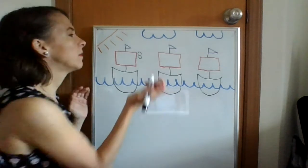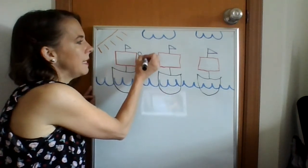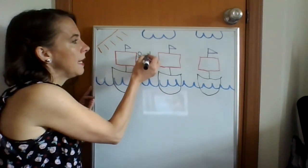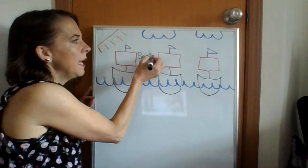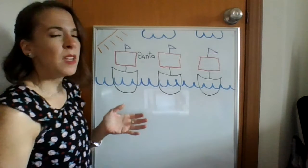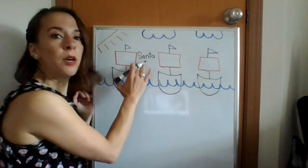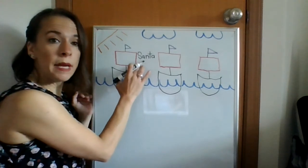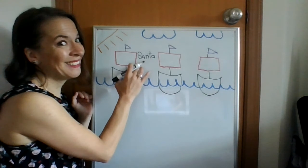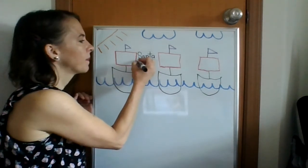Next, I'm going to make a curve and close A, little line down, mountain to the side N, tall line down, cross T, and another A. Now I have the first part, Santa. Maria is like the middle name of the ship. So I'm going to go down below where I wrote Santa, and I'm going to write Maria. Since Maria is a name as well, I need to use a capital. That's right. So I'm going to start with capital M,